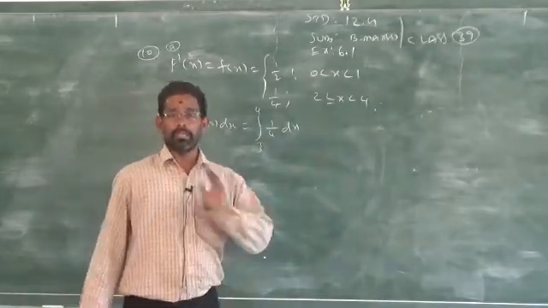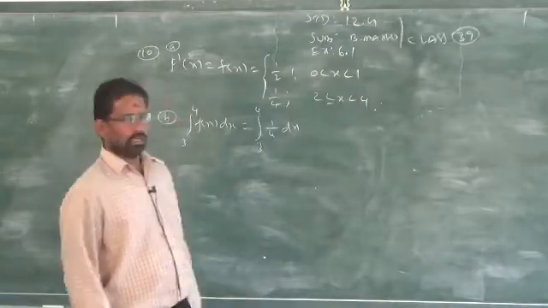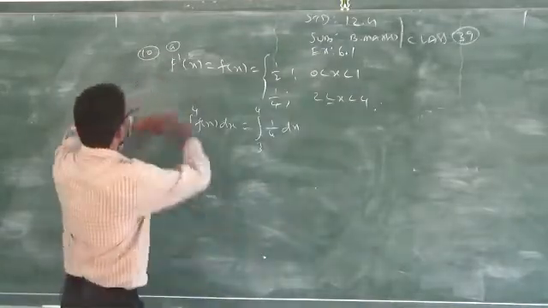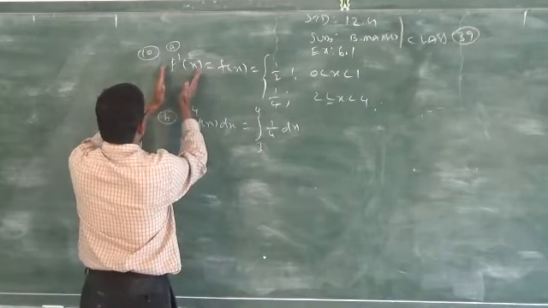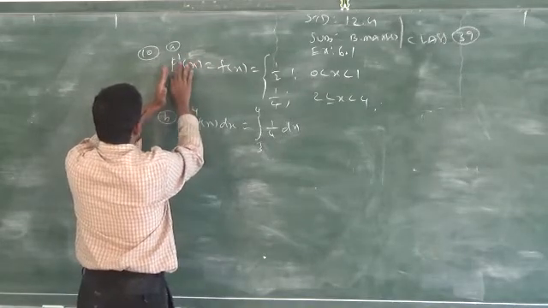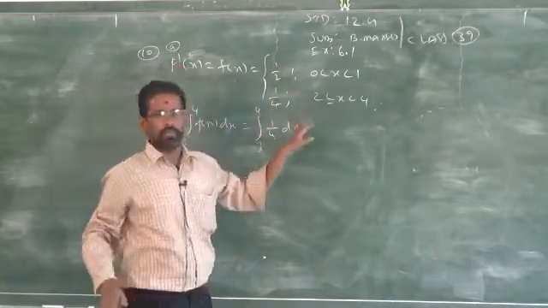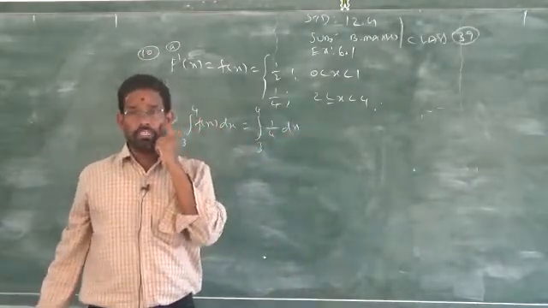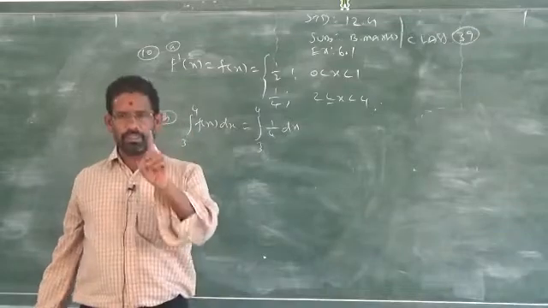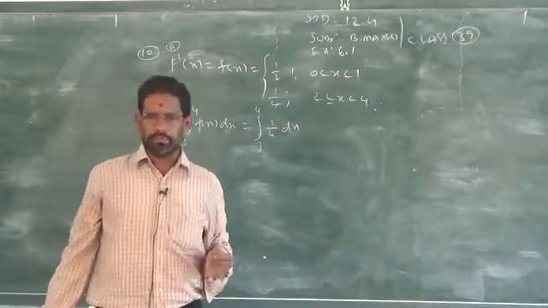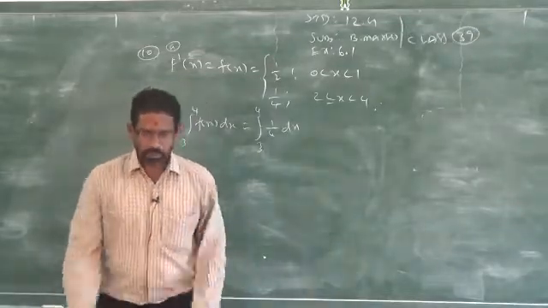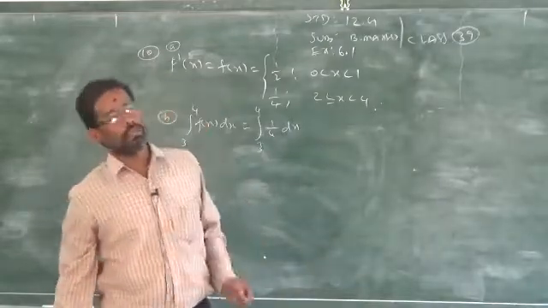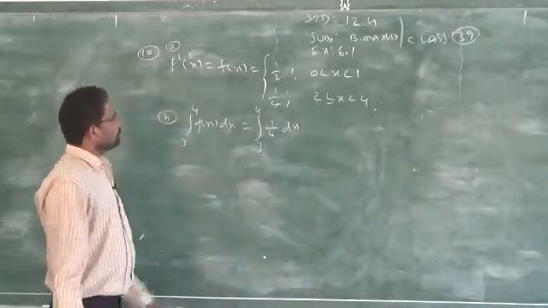The second part of the same subdivision A is to find the density function. How to find the density function from the distribution function? You just differentiate the distribution function and you get the density. Differentiation of 0 is 0, differentiation of x by 2 is 1 by 2, differentiation of 1 by 2 is 0 because there is no x variable, then differentiation of x by 4 is 1 by 4, and the last one, differentiation of 1 is 0. So, I got f of x.